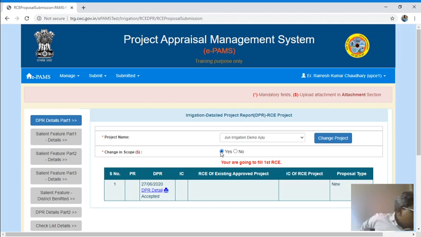Then I will be allowed to change all the data. If I select change in scope no, then I can change the data of cost and BC ratio only. This user will not be able to change any data which has been approved. Just I am taking no.